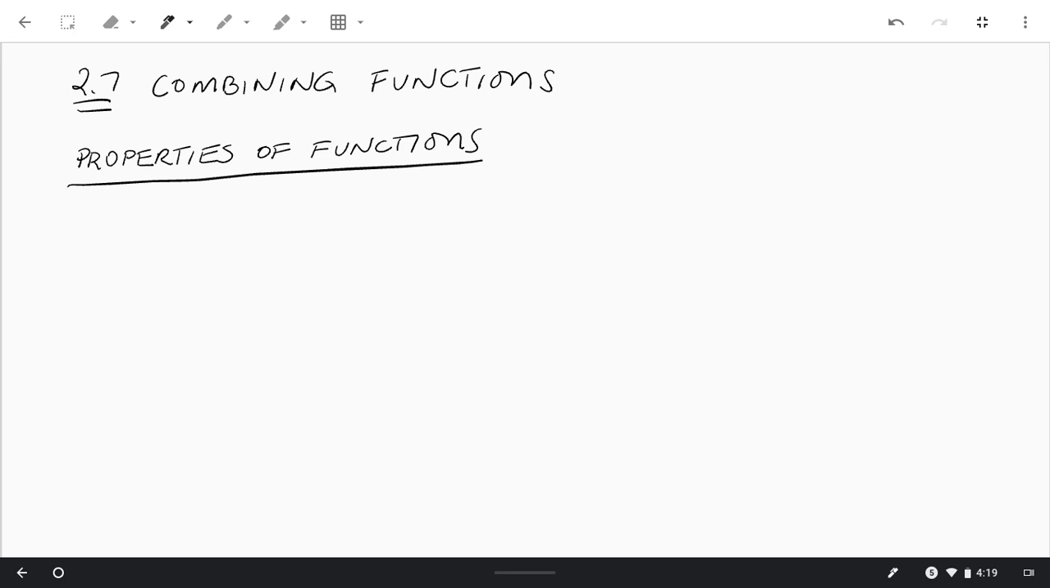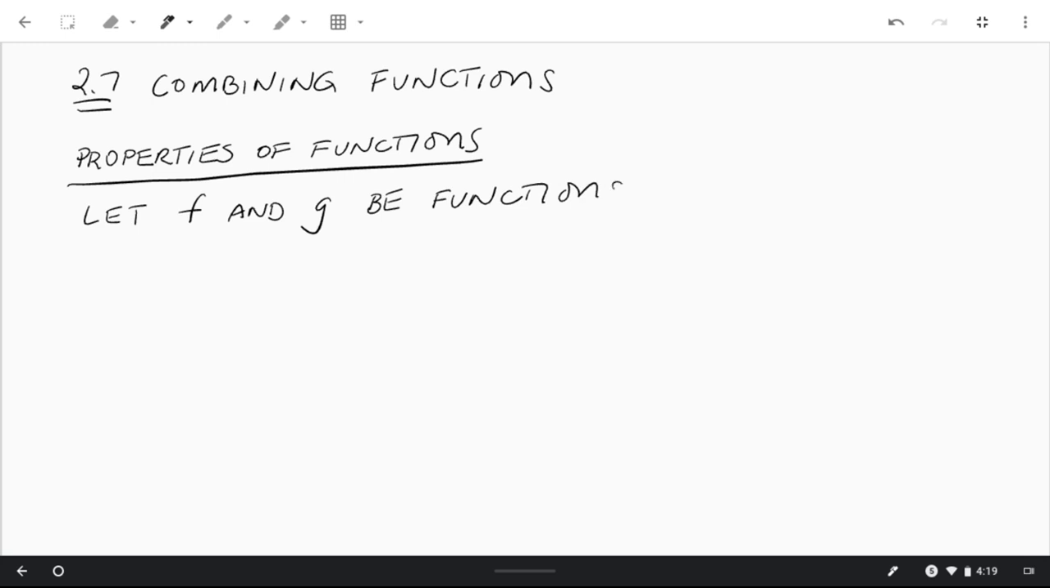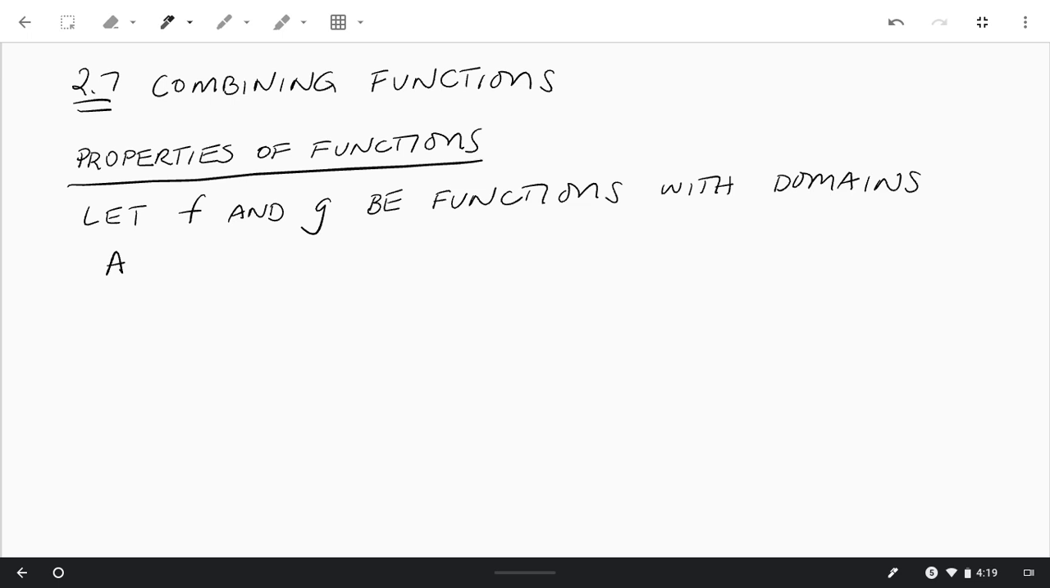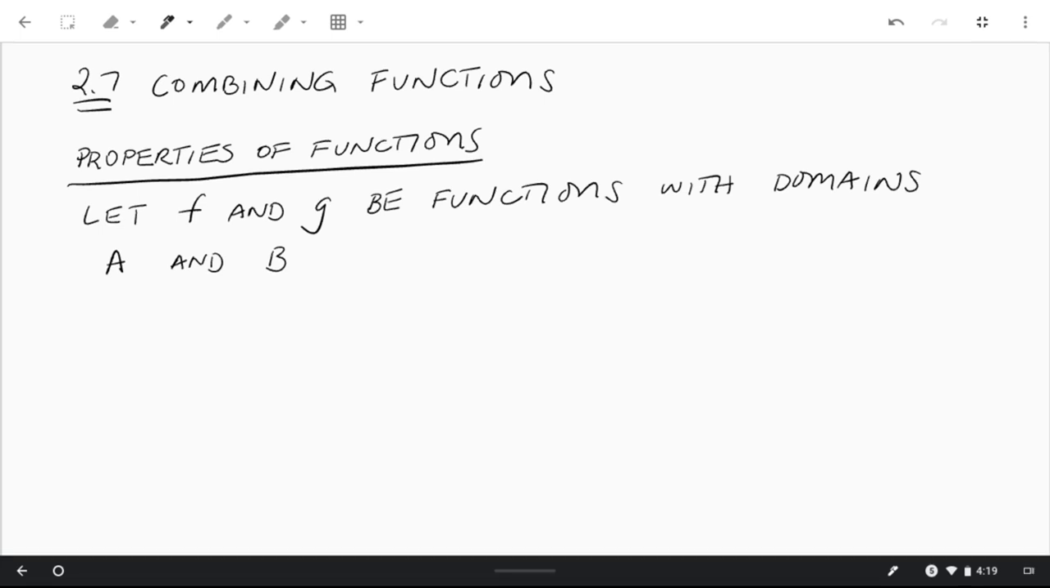All right, so let f and g be functions with domains A and B. So f has domain A, g has domain B. Then, number one,